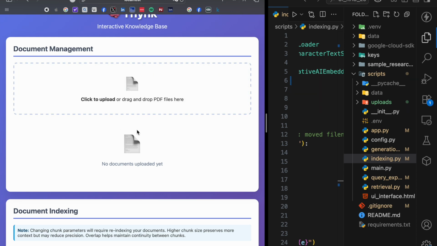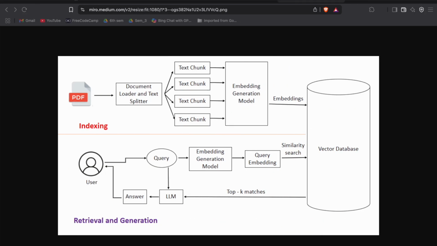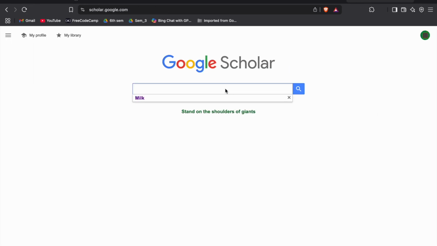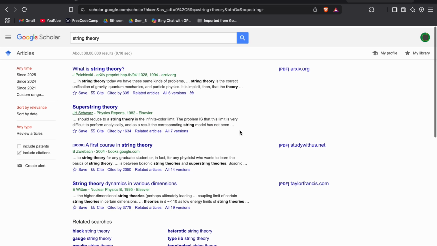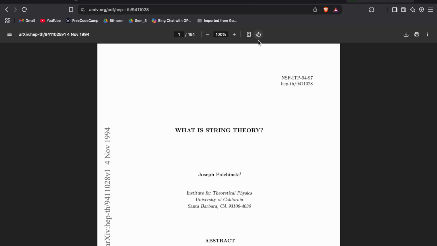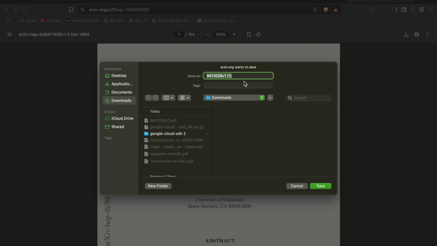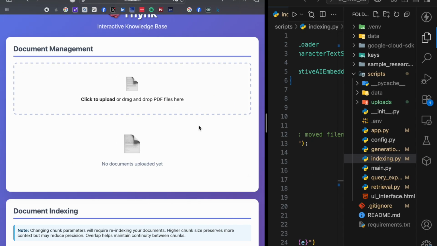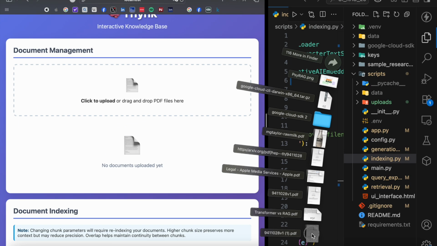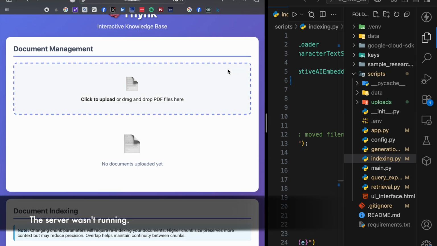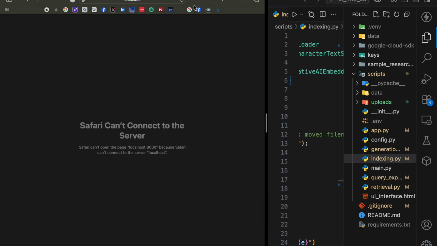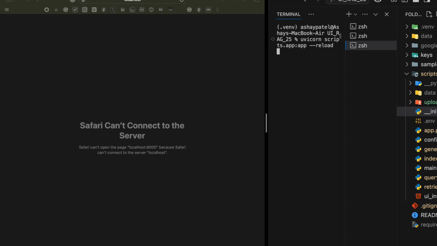Now let's see how it works. Let's go on Google Scholar and pull out the most complex theory there is, and get the PDF, download it anywhere, and then you just have to drop it here. Okay, let's begin. We will first run the application,